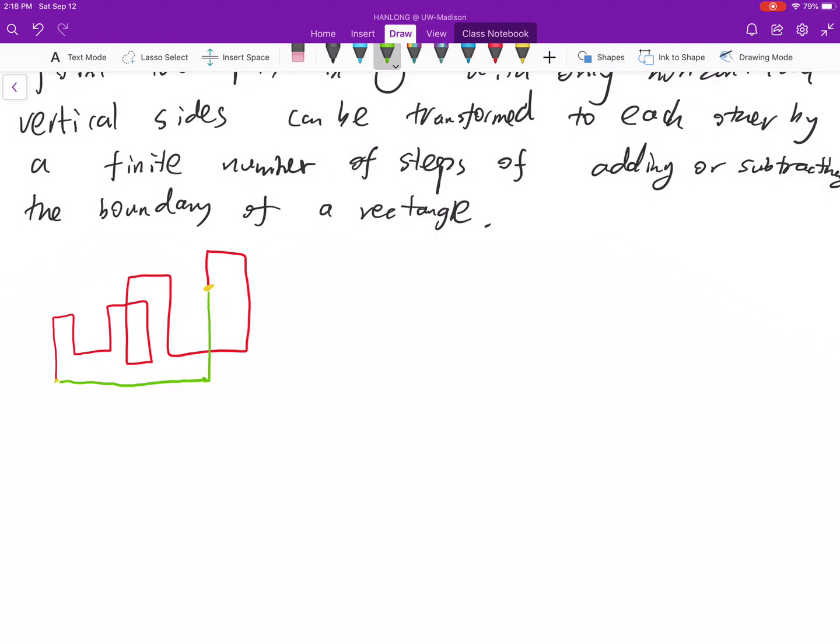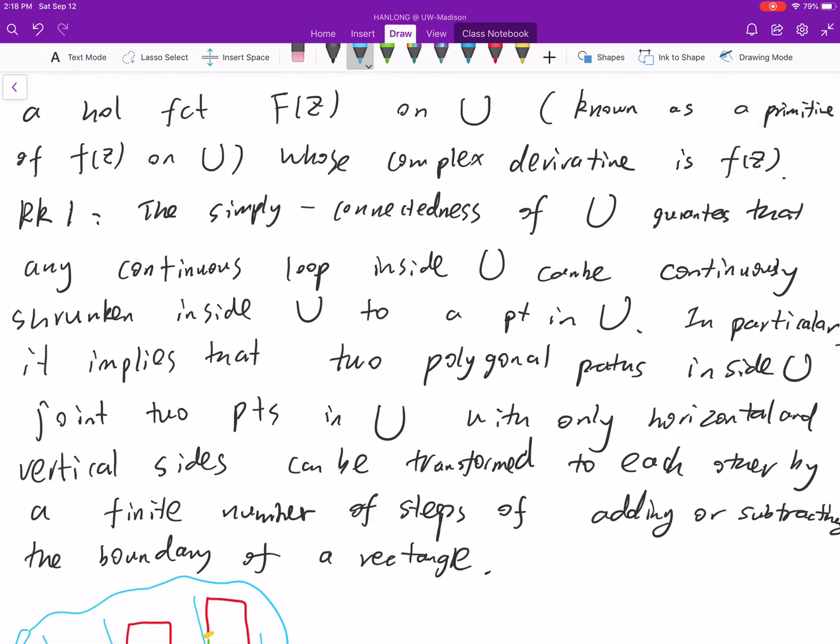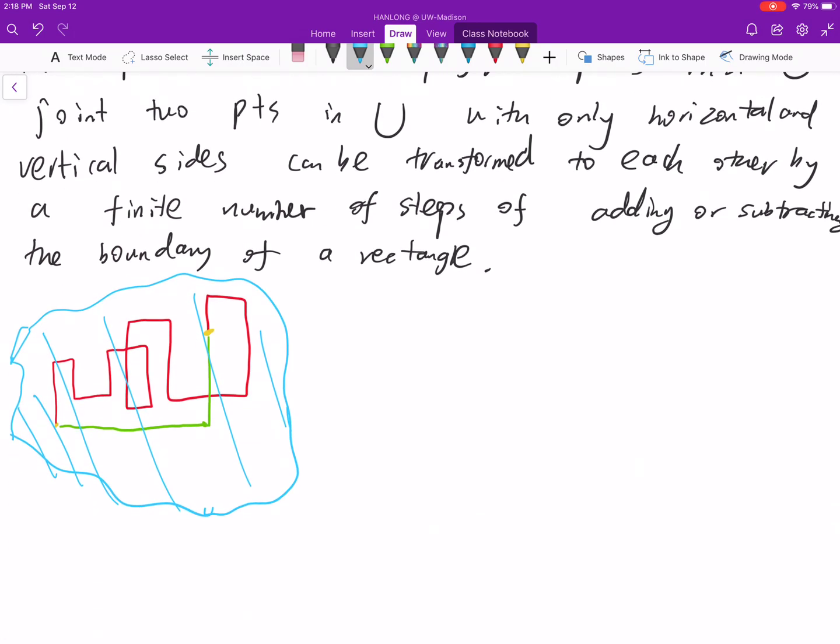Since our domain is U, they are inside it. So the second sentence in particular means that from the red one to the green one, we can do the transformation